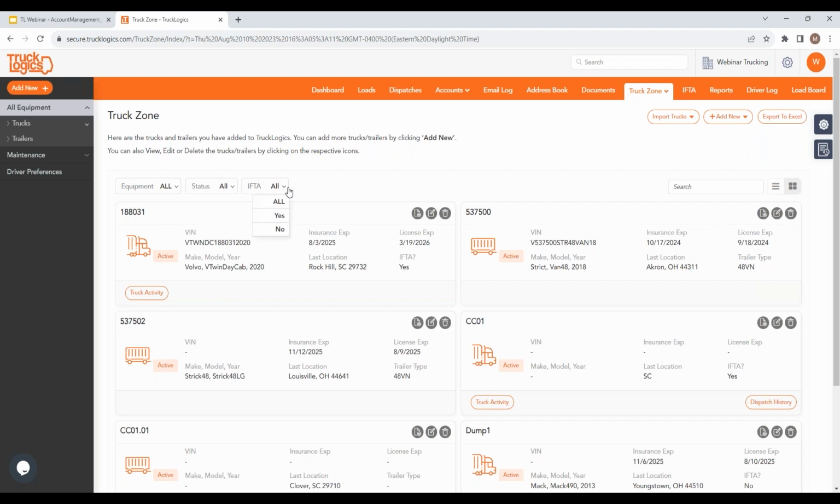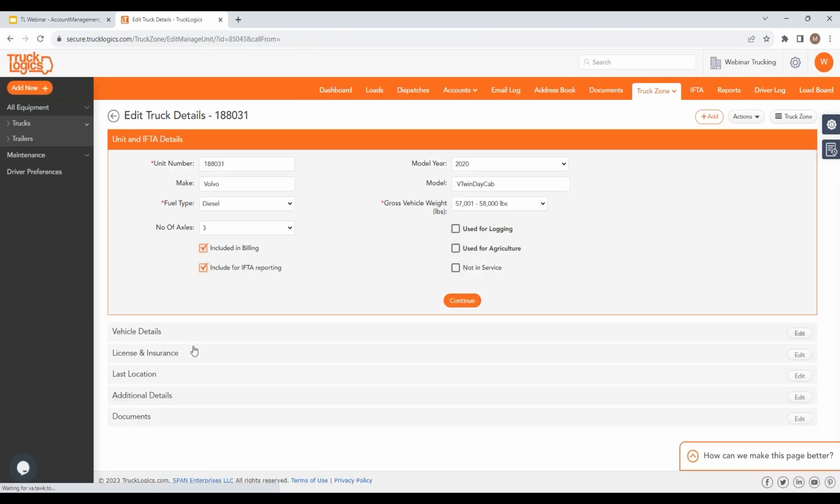Also included in that is IFTA. You can search for trucks that are IFTA reporting and the trucks that you have that are not being tracked for IFTA purposes. Again, all of those are set up and you can navigate those and change any of those settings right here. We're just going to pick truck 31 here, and you can go right to the vehicle details,